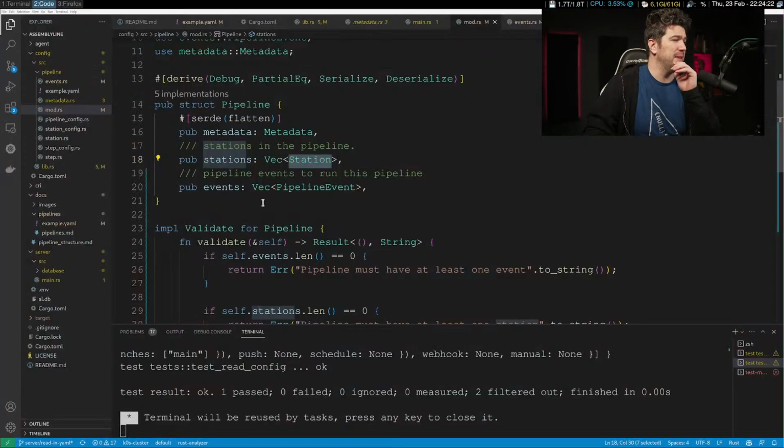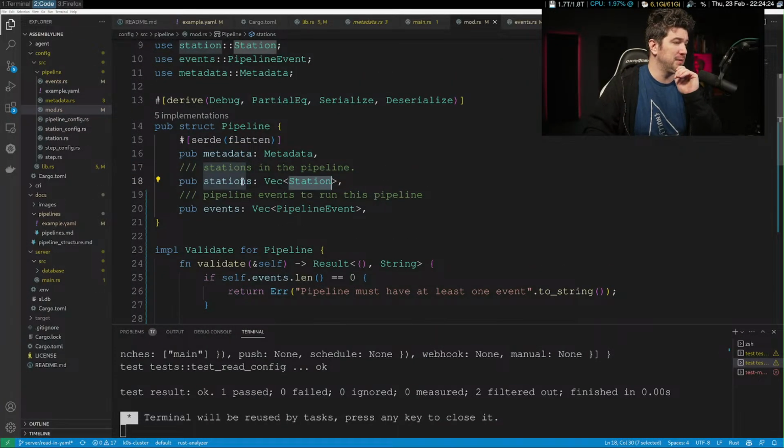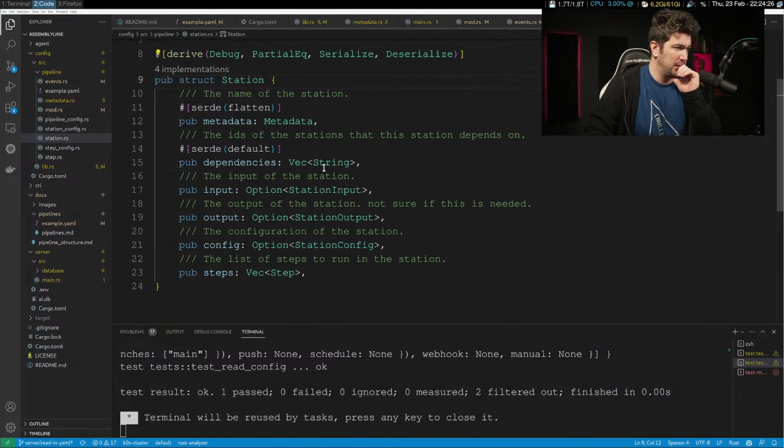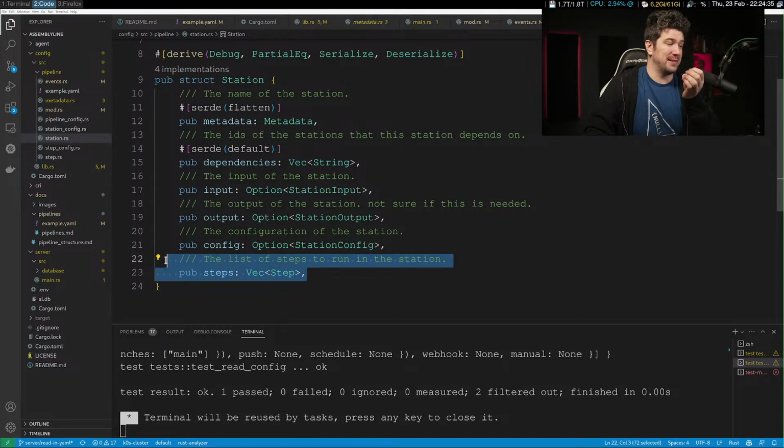And is there something that we could have them validate? Let's see. They need to have at least one step. Although we're kind of forcing that with this can't be null. Okay.